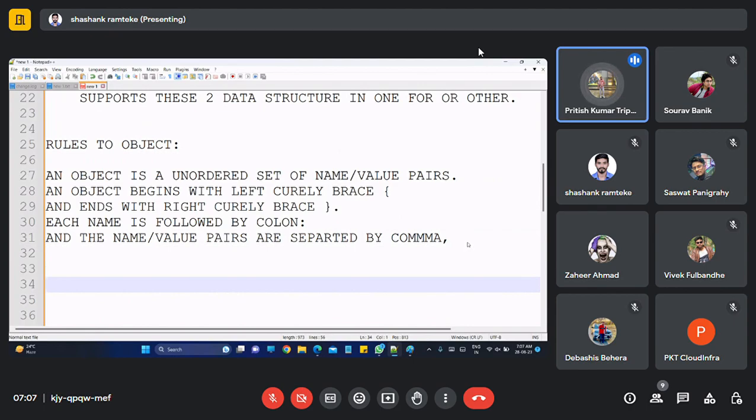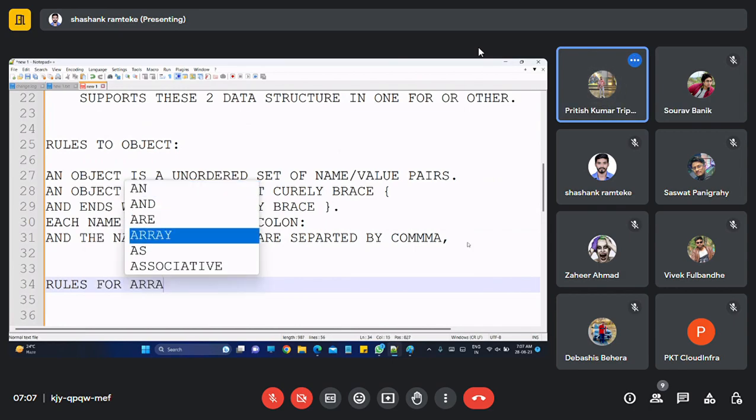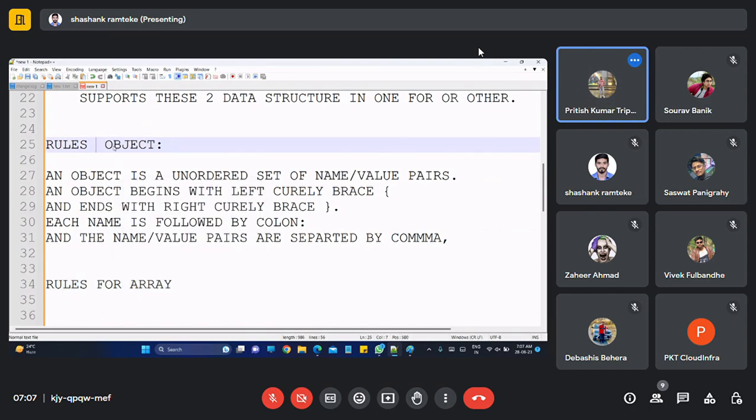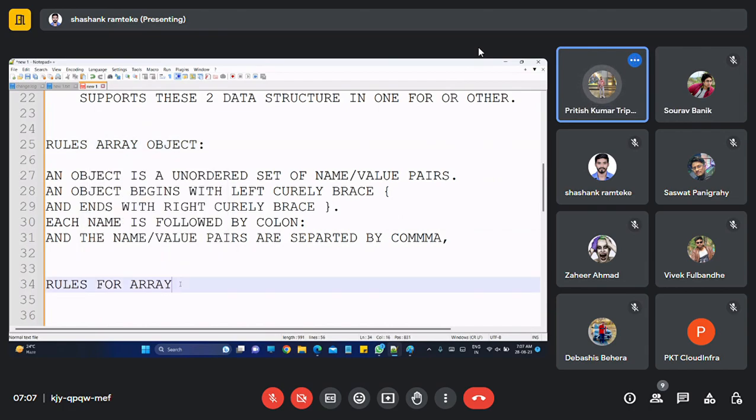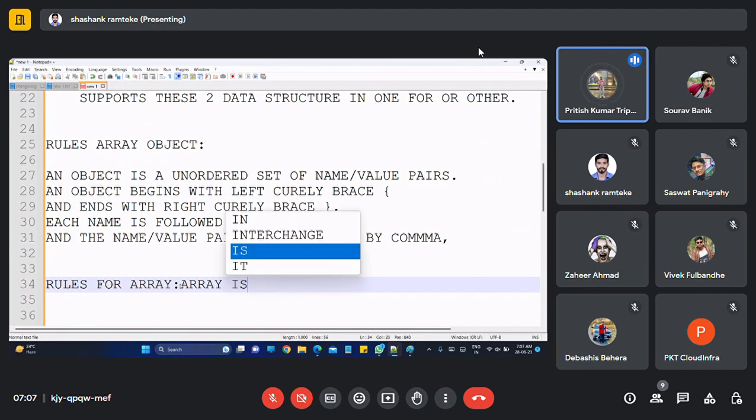Okay. Now rules to write an array. What are the rules for array then? What do you understand by array? Now an array is an ordered collection of values. Yes or no?